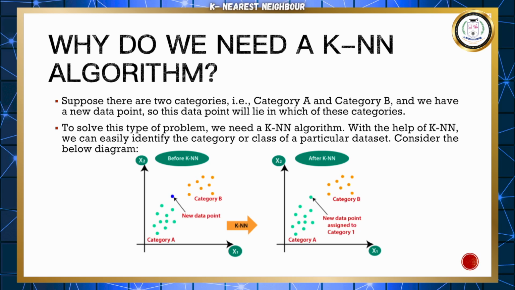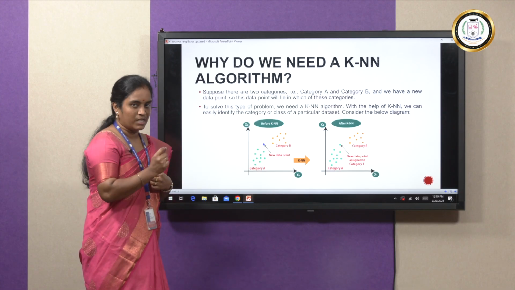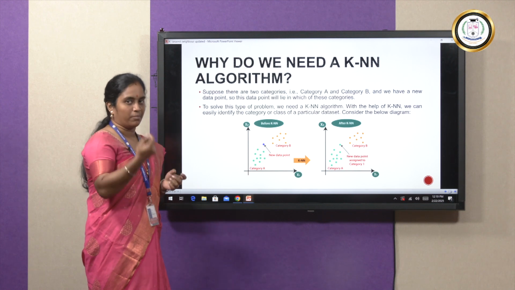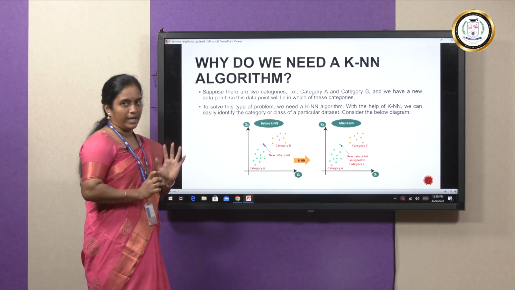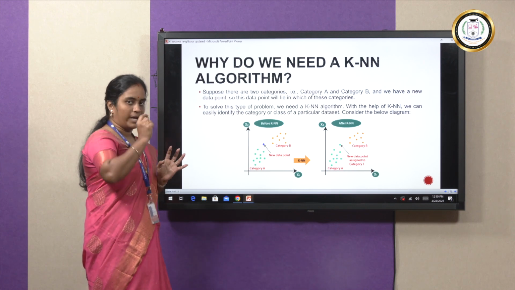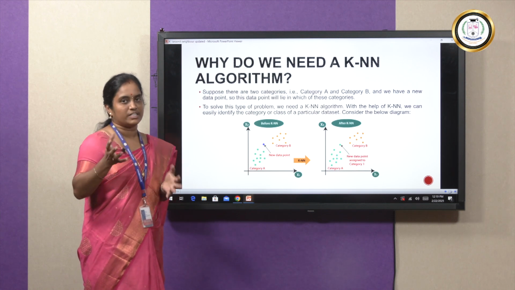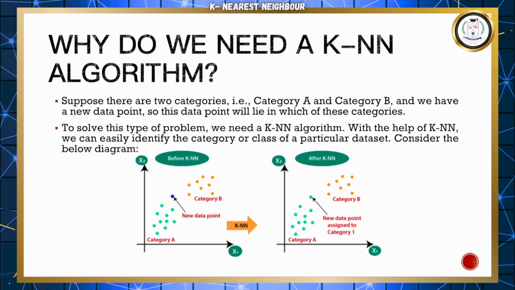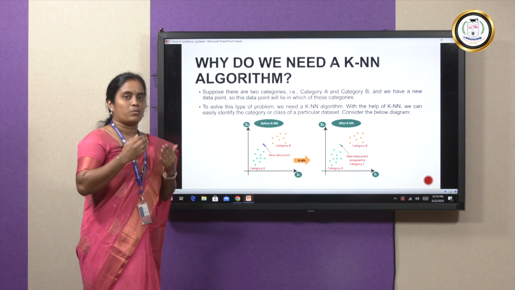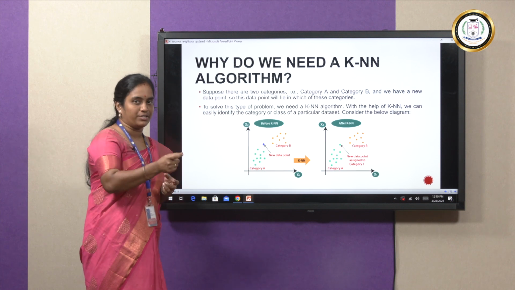When we have two different categories, say category A and category B, and there is a new data point which arrives to be predicted, whether it lies in category A or B, in that situation we can use the KNN algorithm. We will find the distance of that new instance with the category A points and also with the category B points. We will find the least distances and take, say, K nearest neighbors. So K is the number of neighbors that you are going to consider. Say, for example, 5 nearest neighbors: of the 5 neighbors, whichever category is maximum,